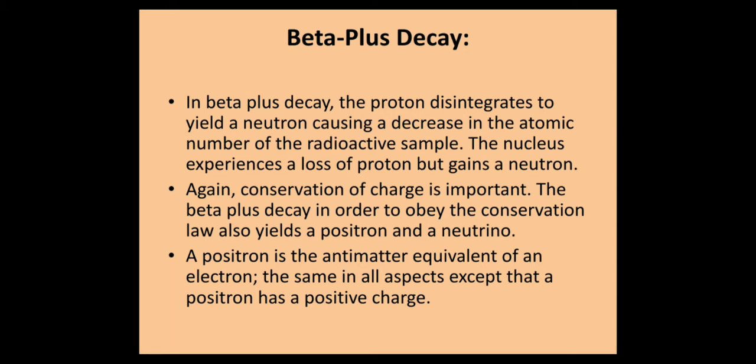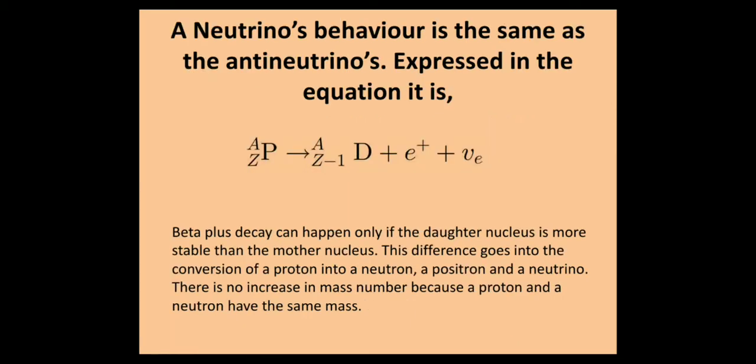A positron is the antimatter equivalent of an electron, the same in all aspects except that a positron has a positive charge. A neutrino's behavior is the same as the antineutrino's. Expressed in the equation, it is given by